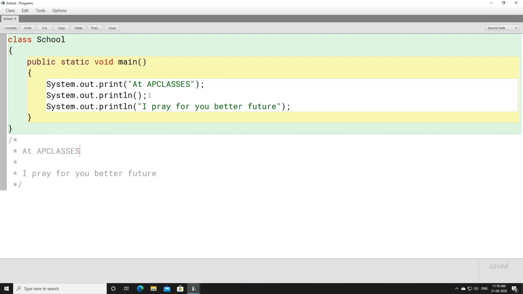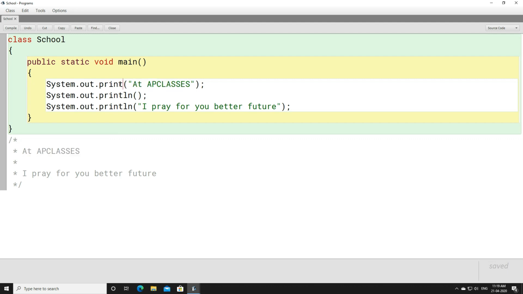Here it's staying in the same line, isn't it? When you go to the next line, it is written println. It will see print, but nothing is written here, so it will not print anything. And because of ln, the control will come to the next line. Nothing is written here, so it will not print anything.